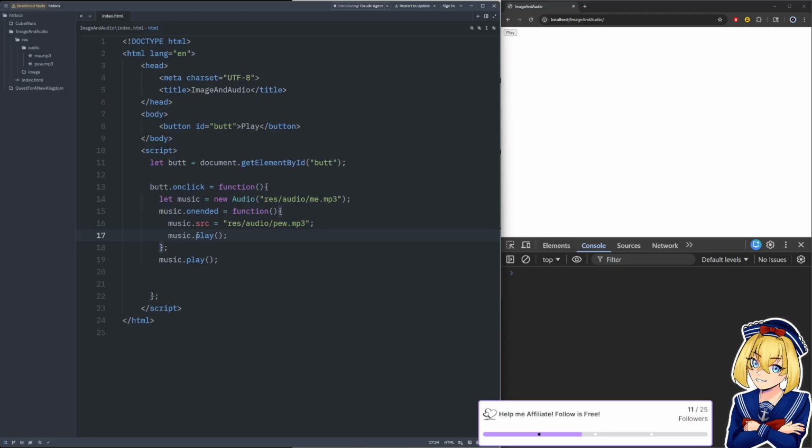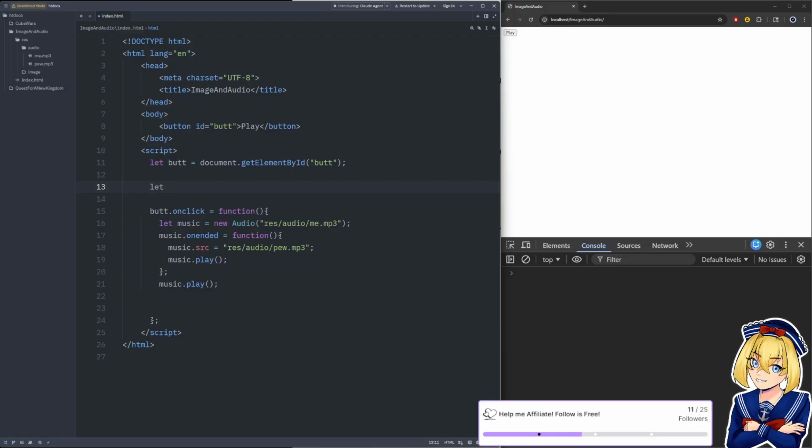But yeah, you can use this to set up a jukebox sort of thing, like a playlist. So you have a list. Let's actually make an example of that, because I need to do something with my stream time, I guess. So let's say res audio me.mp3, and then we'll make another one for pew. Let's put that in there.